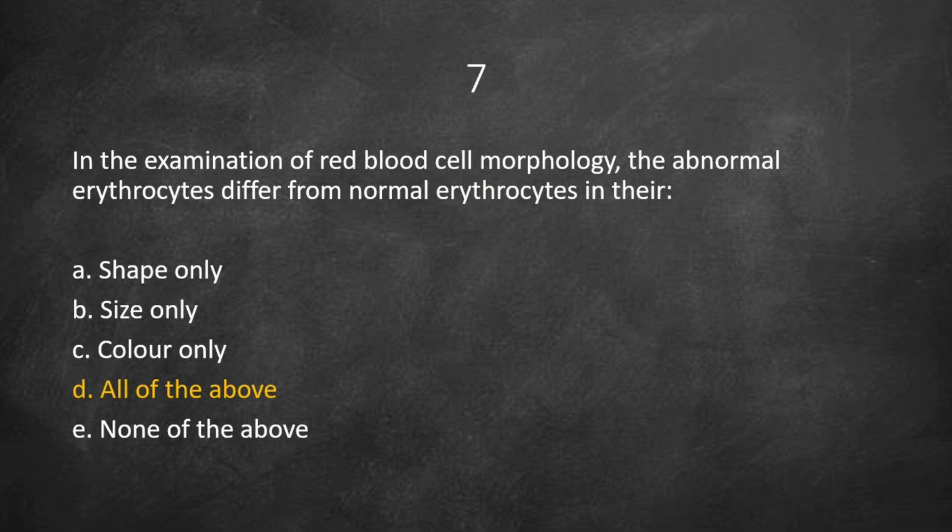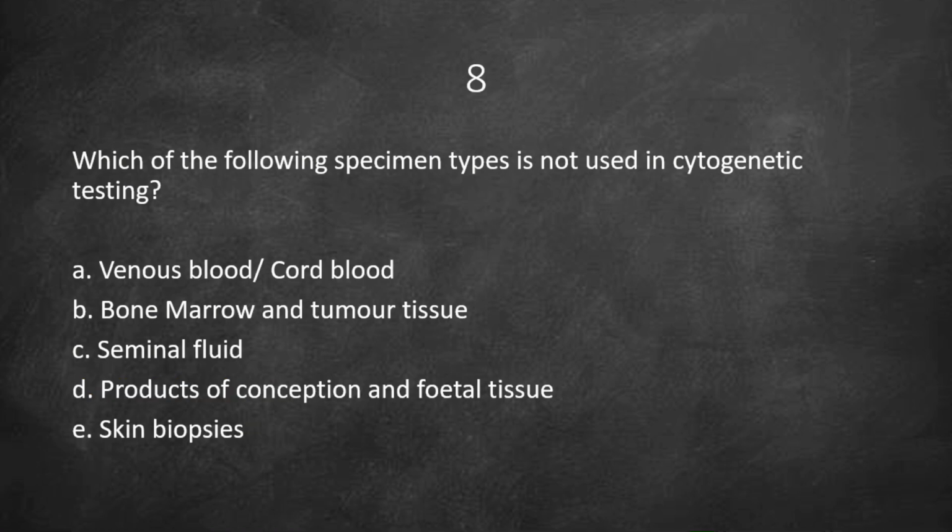Okay. Then question 8. It says, which of the following specimen types is not used in cytogenic testing? So A, venous blood or cord blood, B, bone marrow or tumor tissue, C, seminal fluid, D, products of conception and fetal tissue, then E,